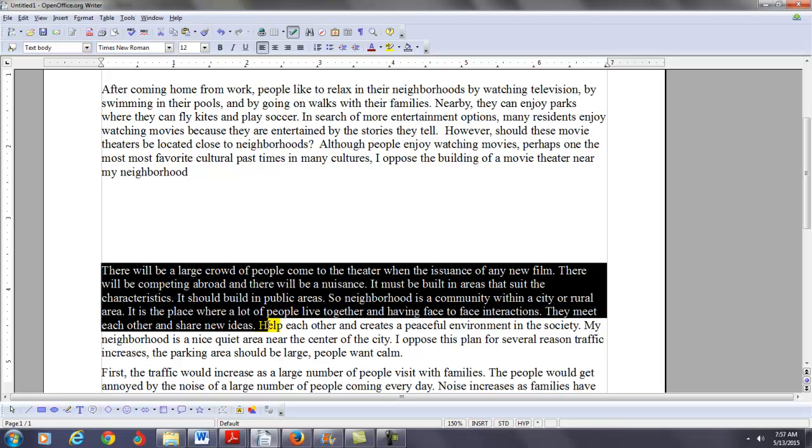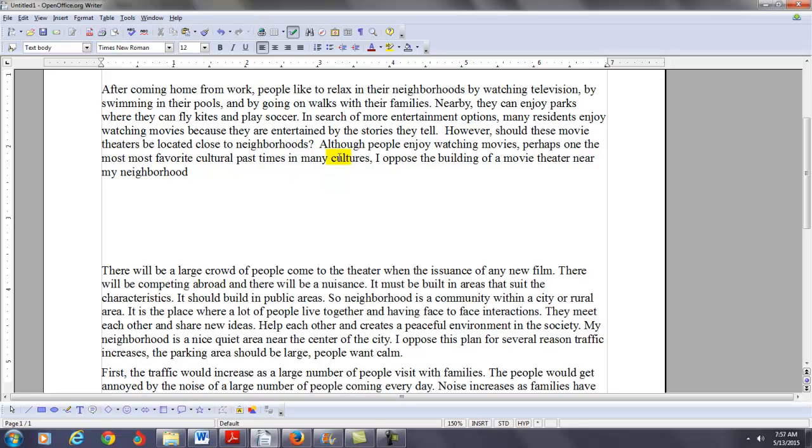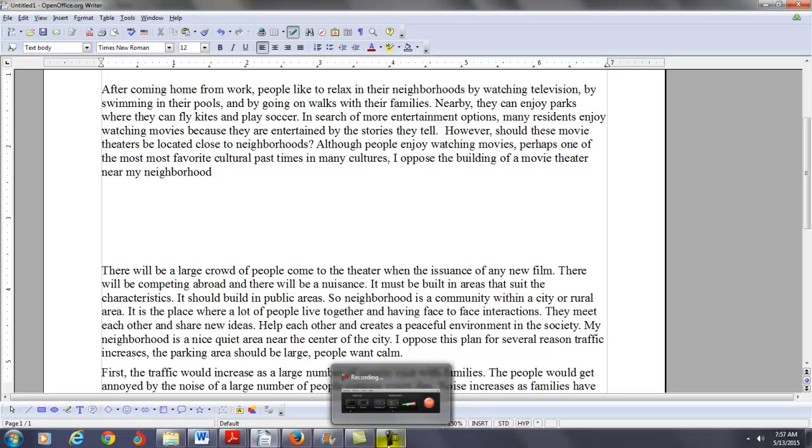I said, in search of more entertainment options, many residents enjoy watching movies because they're entertained by the stories they tell. However, should these movie theaters be located close to neighborhoods? And that now is the hook. And that now moves us to the thesis. Although people enjoy watching movies, perhaps one of the most favorite cultural pastimes in many cultures,